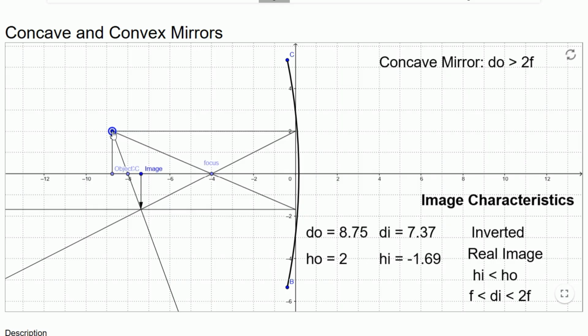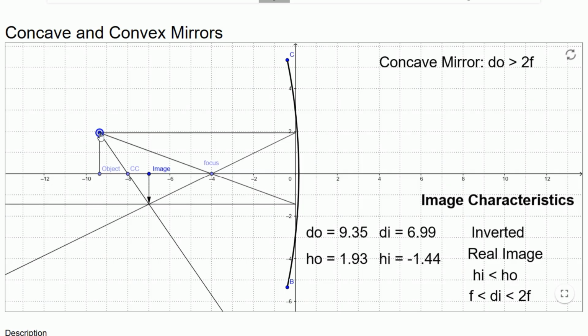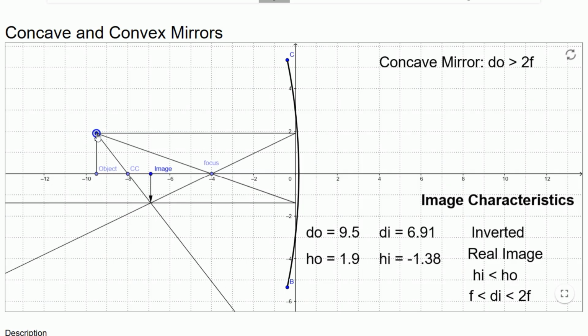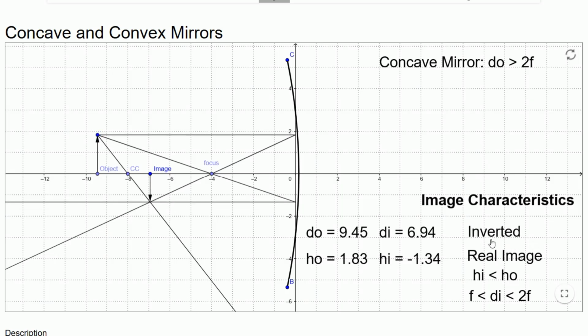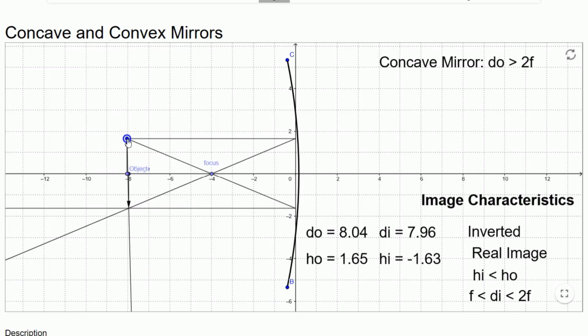So if the object is beyond our C, C being the center of curvature, then our image here is smaller than the object. It is diminished. It is inverted and a real image. So as we move it, and then if it is exactly at C,